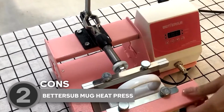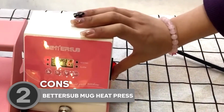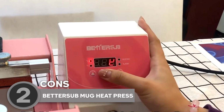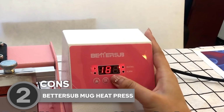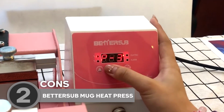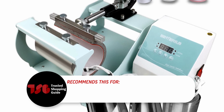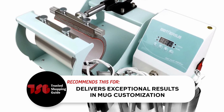However, it's important to note that the BetterSub Mug Heat Press may have a learning curve, particularly for beginners new to heat transfer techniques. Mastery of the proper settings, pressure, and temperature control for mug customization may take time and experimentation. But fear not. With patience and practice, you'll soon unlock the full potential of this powerful mug press. The trusted Shopping Guide team recommends this for anyone looking for a top-tier machine that delivers exceptional results in mug